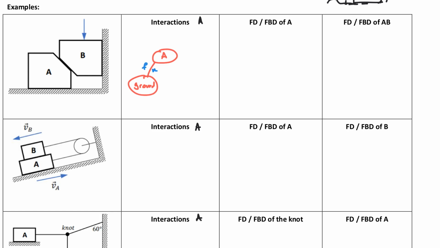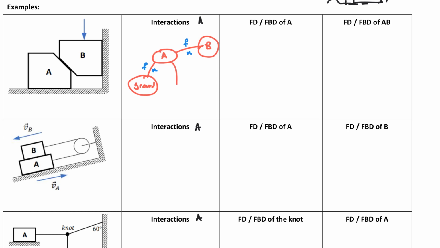And there's a normal force because the ground is pushing it upwards. There's another touch over here, so it is in contact with B, and they're touching again, and as soon as they touch, there could be a frictional force and there could be a normal force,